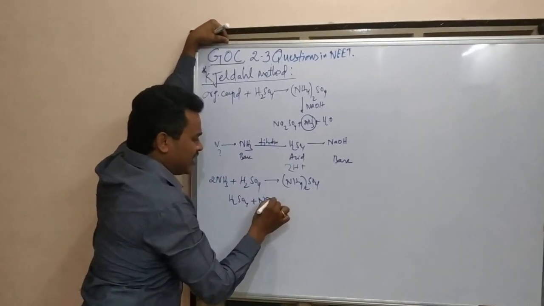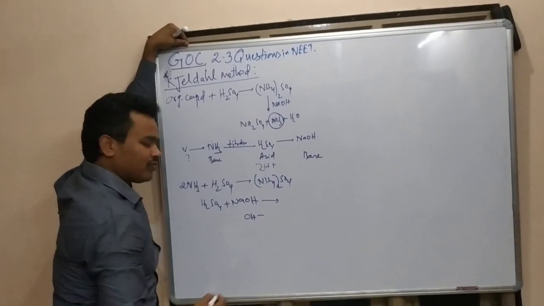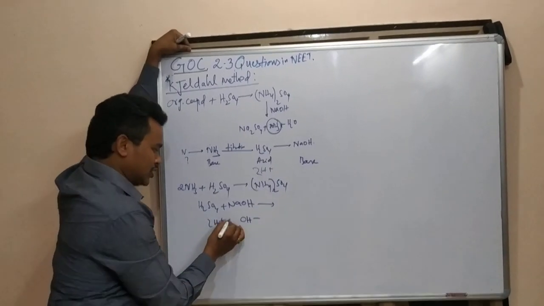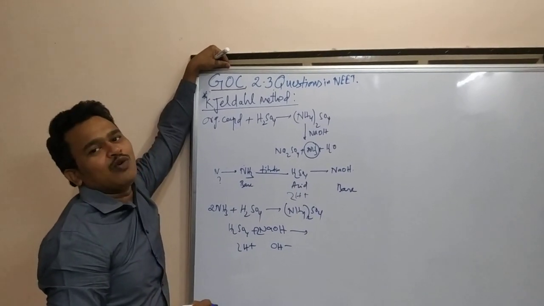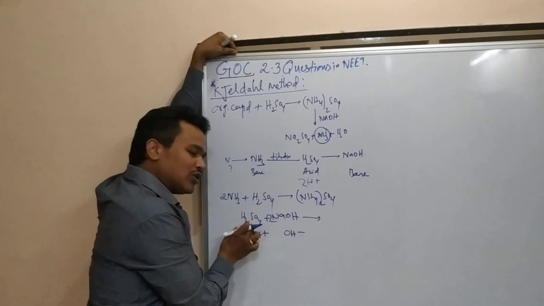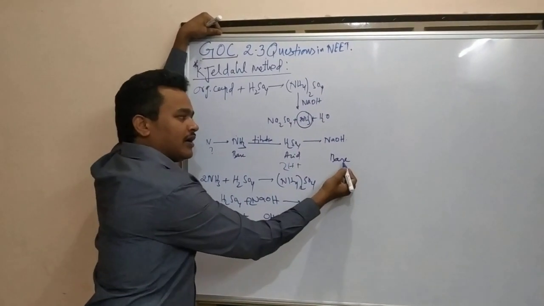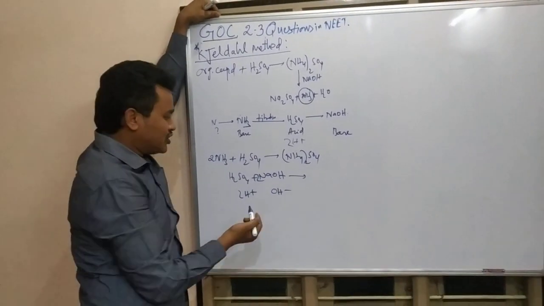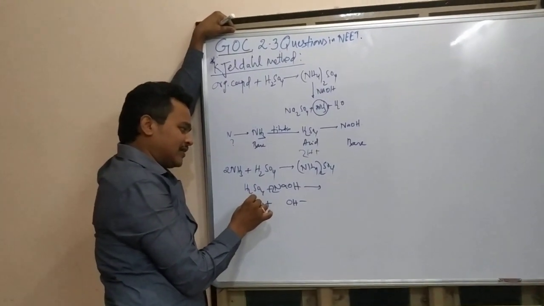The remaining H2SO4 is again going to be titrated with NaOH. How can I judge here? One NaOH gives one OH minus. One H2SO4 gives 2 H plus. So 2 H plus means 2 OH minus are required, so 2 NaOH molecules are required. 2 moles of NaOH can neutralize 1 mole of H2SO4. In this titration, if I am using 100 moles of NaOH, how much H2SO4 is going to react? 50.